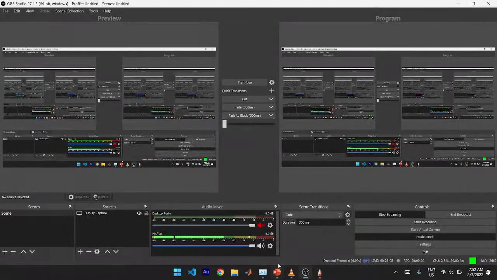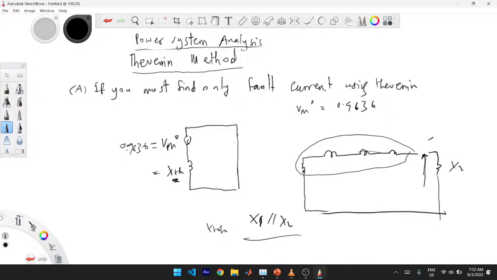So you get XTH to be J0.1125. So if you're supposed to find IF here, I is just equal to what? V over R, right? So Ohm's law. So I is equal to 0.9636 over J0.1125. So when you do that correctly, you get the fault current to be